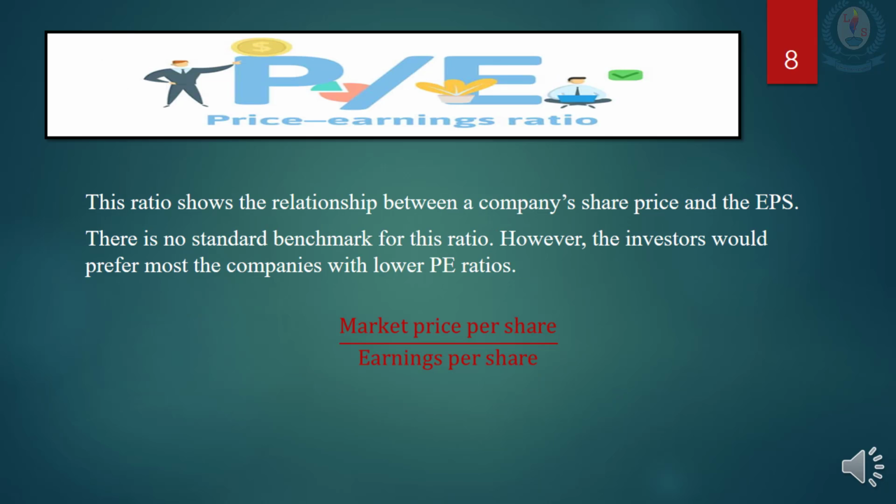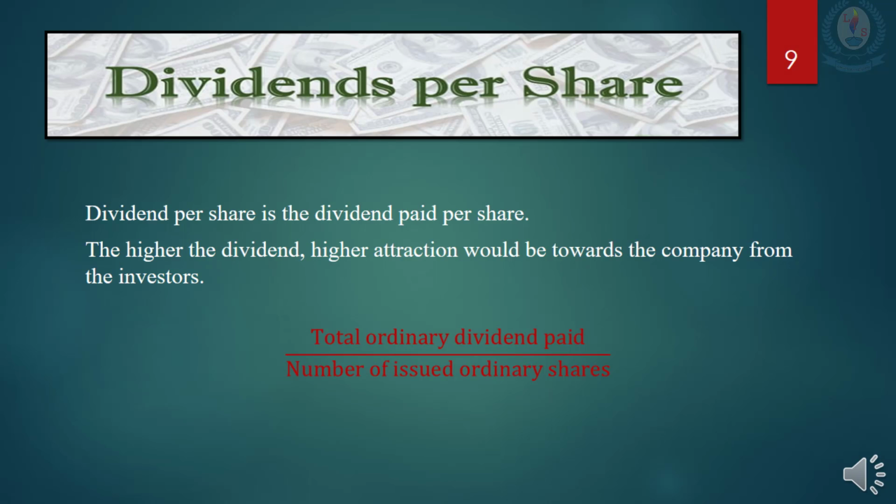Earnings per share. Earnings per share is the profit earned by a share. This is from the shareholder's perspective. Earnings per share would be calculated for the ordinary shareholders. So we need to deduct the preference dividends from the profit and then consider it for the calculation. The number of shares considered would also be the same way. Only the number of ordinary shares will be considered. The earnings per share could be calculated when we divide the profit after tax minus preference dividend by the number of issued ordinary shares.